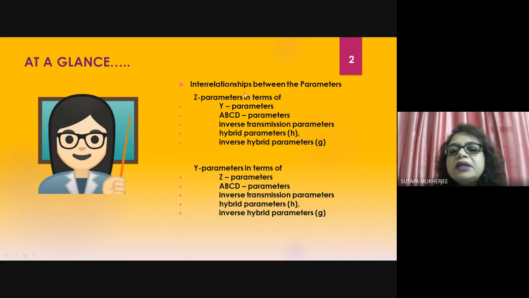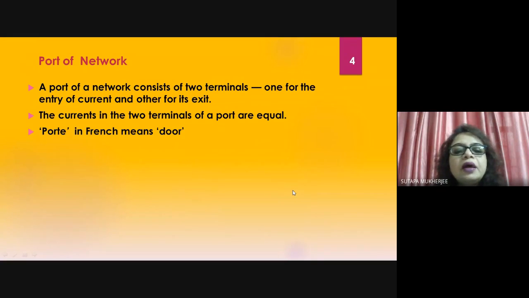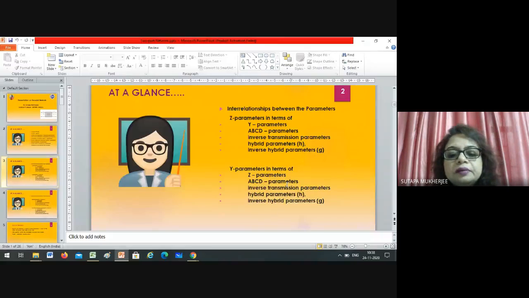Z parameters in terms of Y, ABCD, inverse transmission, hybrid, inverse hybrid parameter; Y parameters in terms of Z parameter, ABCD parameter, inverse transmission parameter, hybrid parameters, inverse hybrid parameters. Again, ABCD parameters in terms of other parameters, inverse transmission parameters in terms of other parameters. So what I will describe regarding today,